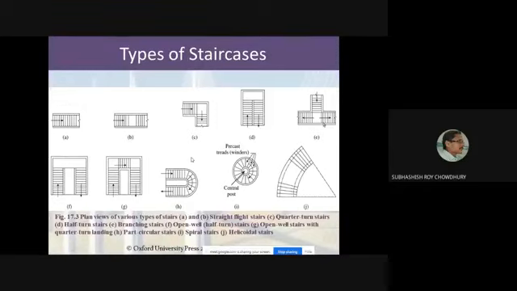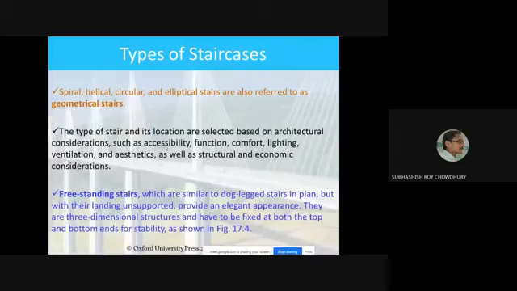Okay, so at this moment we will discuss only the designing of this kind of stair, or this kind of stair, or this may be also. If you know the basic idea, you will be able to design all these 5 or 6 types of stairs. Only the helicoidal or spiral stairs will need some additional knowledge. Otherwise, they have more or less the same idea behind the designing of the staircases.